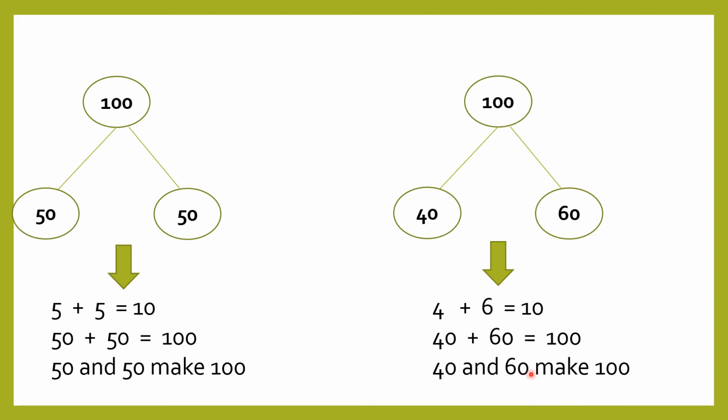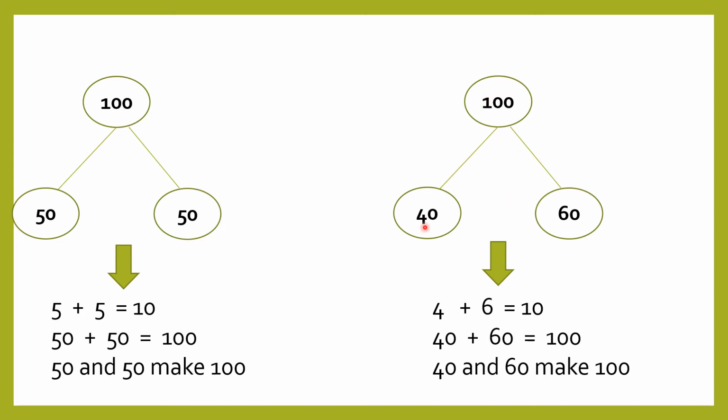For example, here I have already told you what the number pairs are. But if the question was something like this, that 100 was written here and 40 here, and you're supposed to find this number. So I have already told you the plus sign is in the middle. 40 plus 60 is 100. 100 minus 40 is 60. 100 minus 60 is 40. Okay? There's a minus sign on these lines and there's a plus sign in the middle.